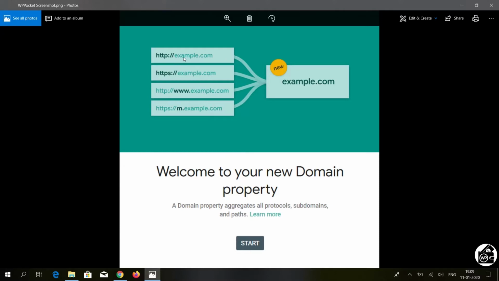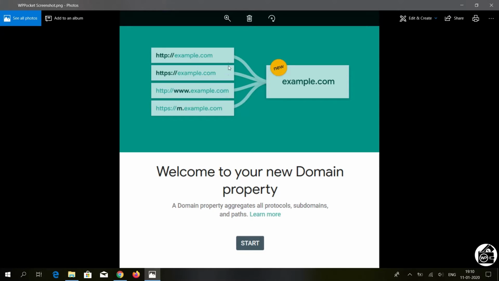For example, today you added example.com using the URL prefix option. Then after a few months, you decided to move your domain from HTTP to HTTPS. In that case, you won't be able to manage your new URL because you added your domain without HTTPS. You have to re-verify your new URL to start managing it. Similarly, if you add a subdomain in the future, then you will have to add the subdomain too. In short, each URL and subdomain is different for Google if you verify using the URL prefix option.